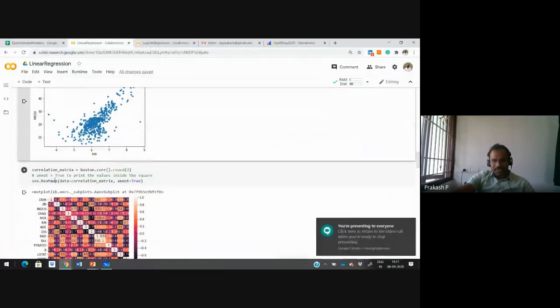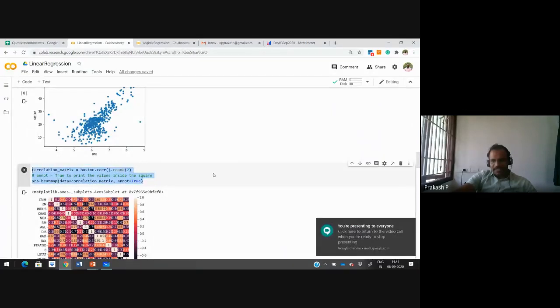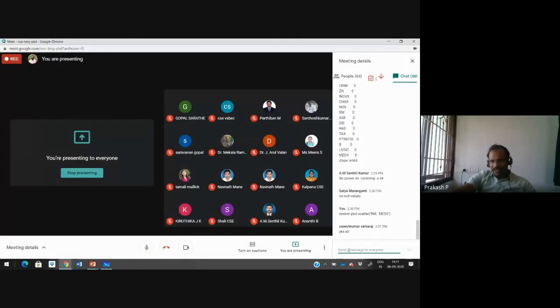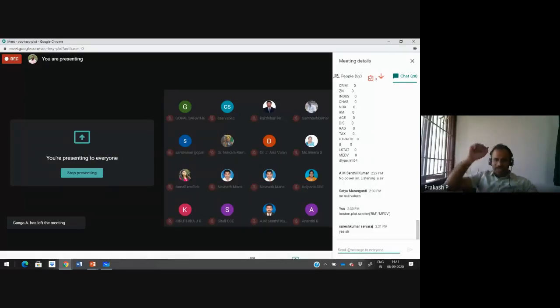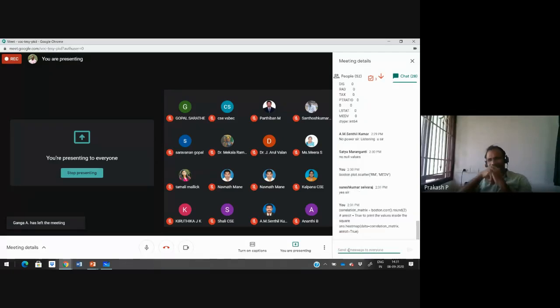Right? So outliers. Now there is another important thing. So this is the purpose of plotting, right? Once you draw a plot, you have understood that if RM increases, there is a possibility the median value is also increasing. Can you please draw another plot, which is called a heat map? Look into the output. Can you please draw a heat map?